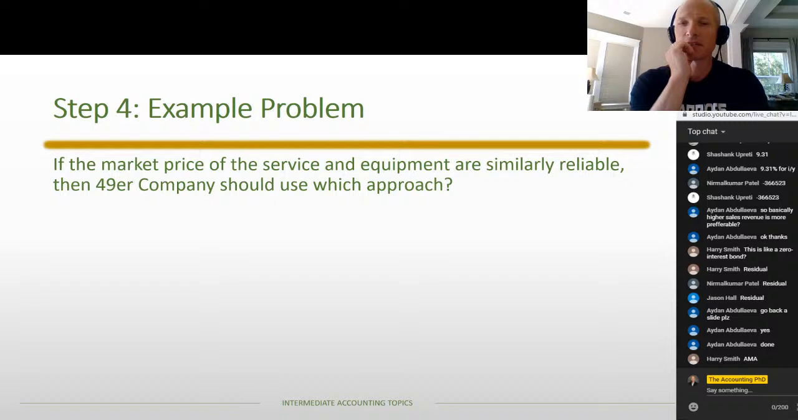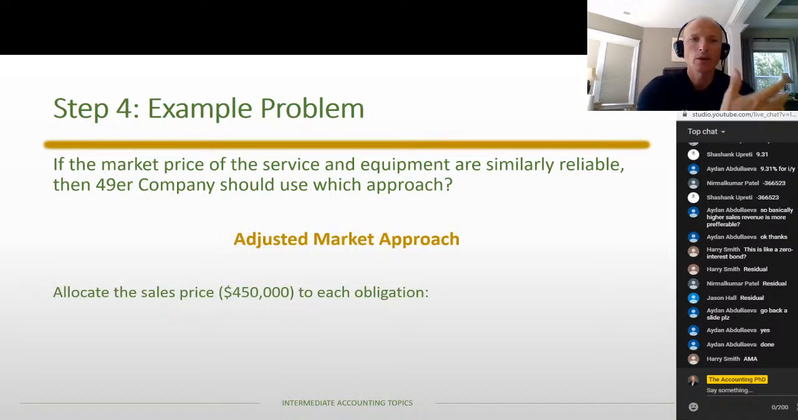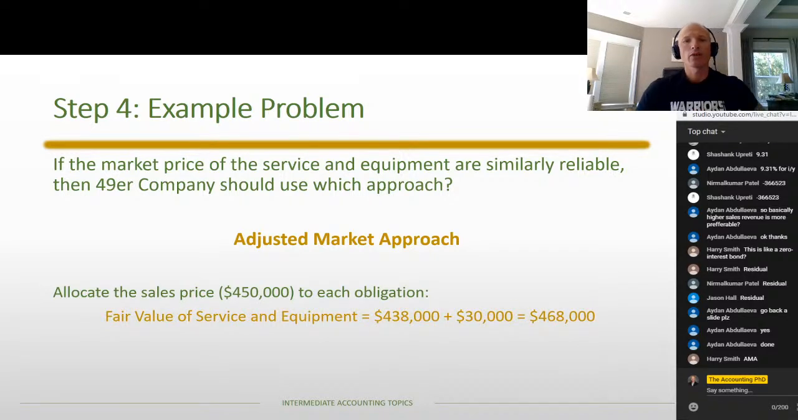AMA, I like it. Yes, being efficient, Harry. Well done. And that is correct. The adjusted market approach. And so similarly then, we allocate the sales price to each obligation. This one's a little more complicated though. So we have to figure out the fair value of the two items together, or the market value of the two items together. And we can see that together their fair value is